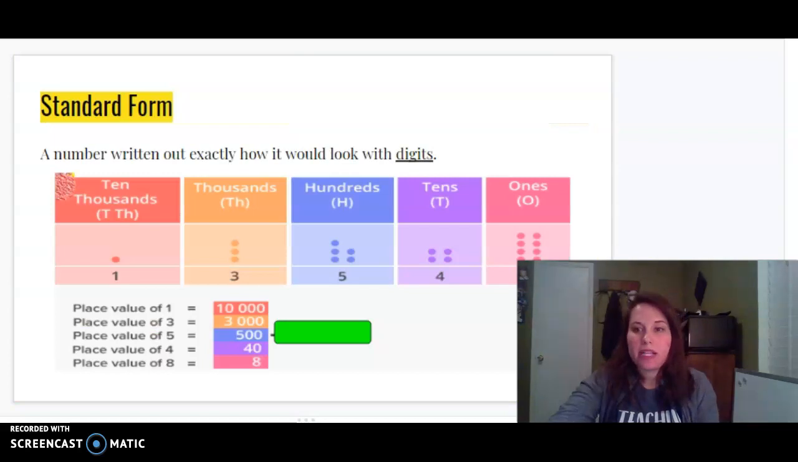So the first thing about place value, which is something you've heard me talk about a lot, is standard form. Standard form is a number written out exactly how it would look with digits. And remember, digits is another word for numbers. So here we have our place value charts: our ones, tens, hundreds, thousands, 10,000s, 100,000s, millions, and so forth. So we have 1 ten thousand, 3 thousands, 5 hundreds, 4 tens, and I know you probably can't see this, 8